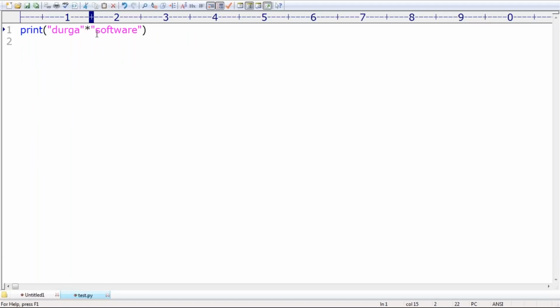Can I use the star operator like this? We can use the star operator, but is this usage correct or not? No, sir. Whenever we use the star operator, compulsorily one argument should be int type, either the first argument or the second, and the other argument should be string type.